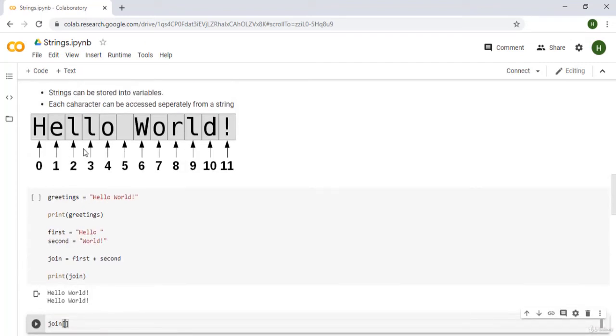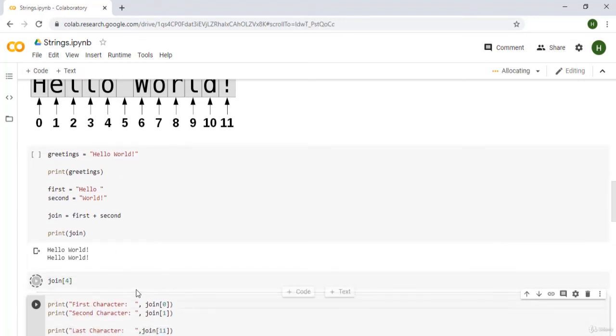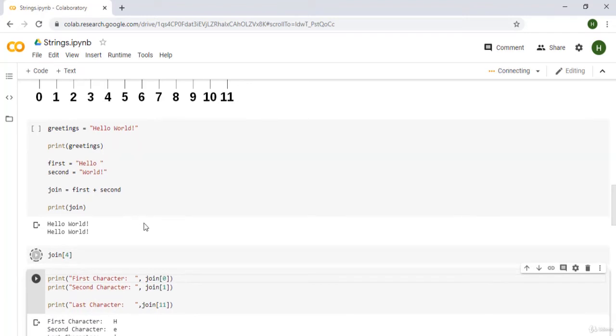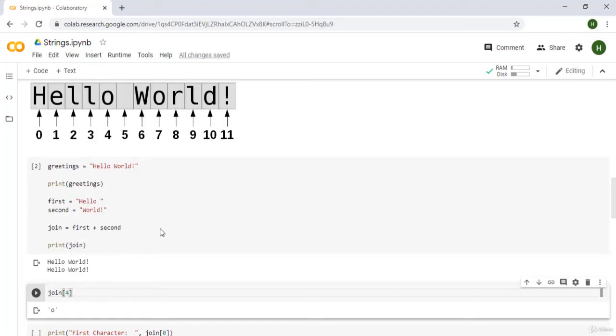So start from 0. If you want to access the O in hello, we're going to put 4 over here, and it's going to output the character at index 4. As you can see, the output over here is O. So now you can see we can use indexing to access different characters from the string, which is a powerful